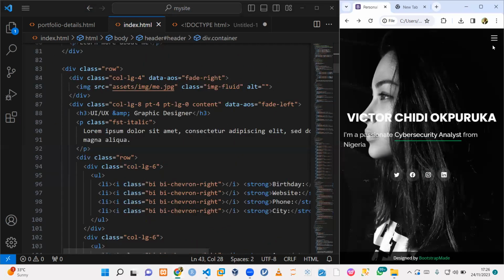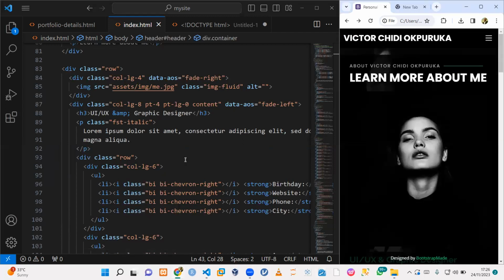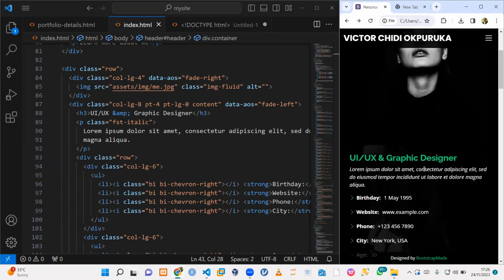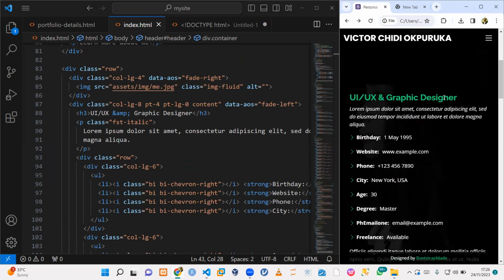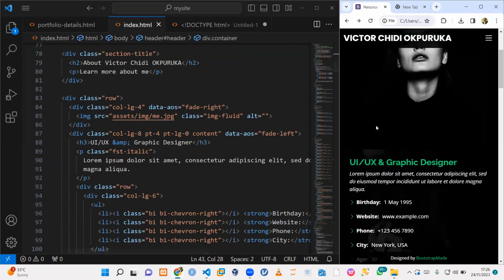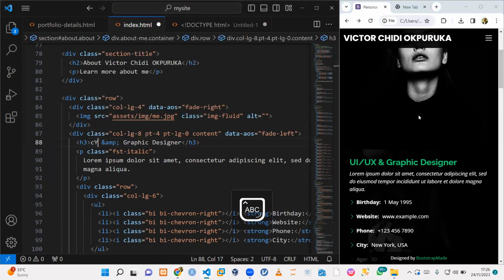Okay, so we go to about. We're trying to make changes to the about. So you're going to see that you have UI UX graphics designer, Lorem, you have a date of birth, you have a website, you have phone number, you have city, you have age, you have all of this. Now, this is the Lorem demo text you have there. So I can say cybersecurity